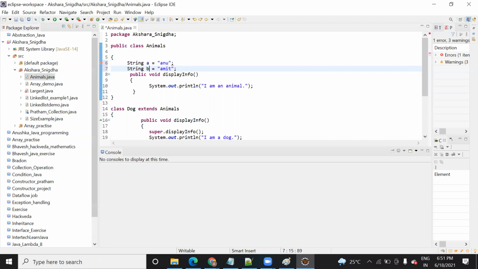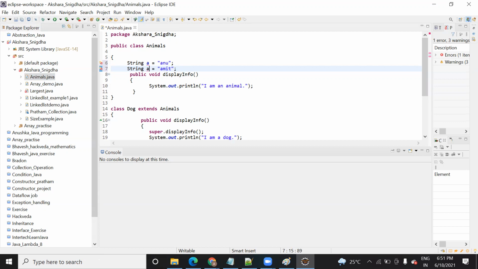But if you remove string, will it still give the error? If I remove the string, then how will I declare the data type? No, you have already declared a, right? I have declared the a, but I told you, if you use the same variable, it will give an error. Yeah, because we're using the string already.